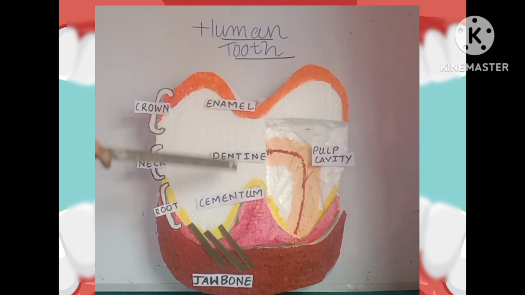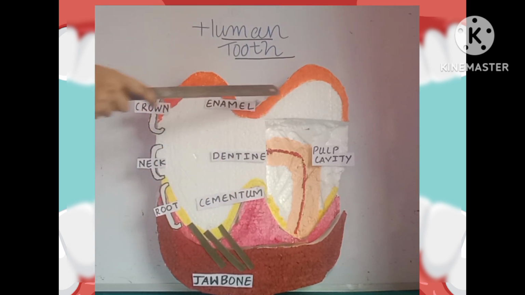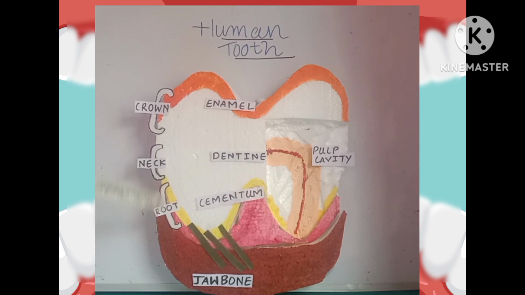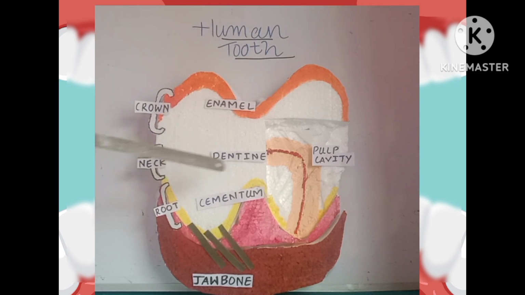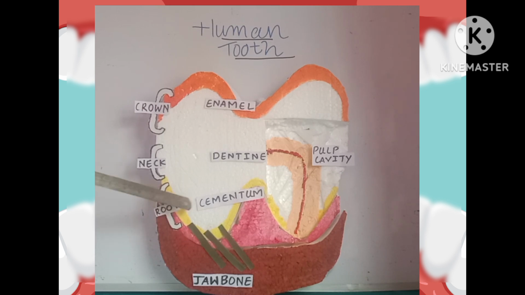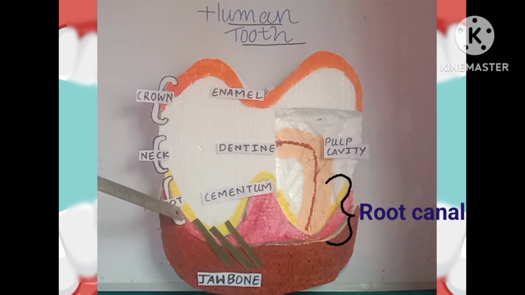The entire structure of human tooth can be categorized into three parts: the upper region known as crown, the region at the center called neck, and the lower region known as root. Crown consists of upper dentine, pulp cavity, and enamel. Neck will include dentine at the center and pulp cavity. The root region consists of dentine at the lower region, pulp cavity, and cementum. The region of pulp cavity, which enters the gums and the jawbone, is called root canal.